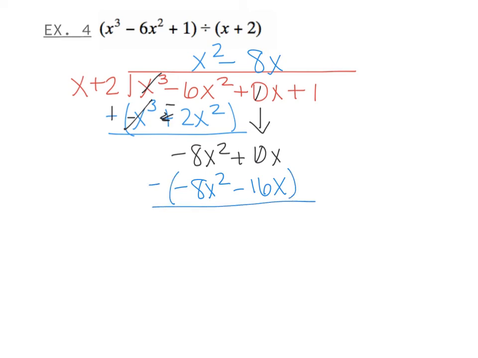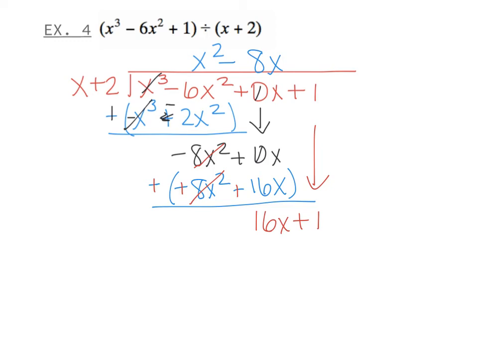So again, I'm going to distribute that negative, so negative and a negative is a positive, negative and a negative is another positive. So I have negative 8x squared plus positive 8x squared, they cancel, and I have 0 plus 16x, so I have 16x, bring down your 1,